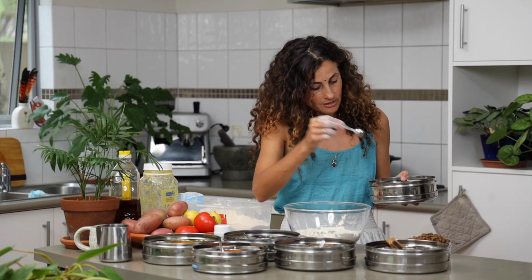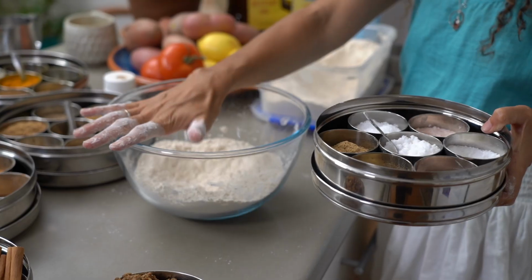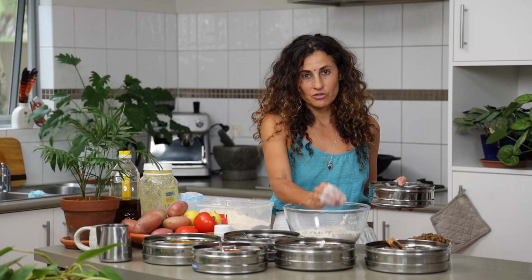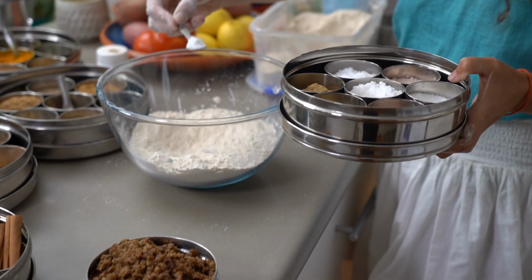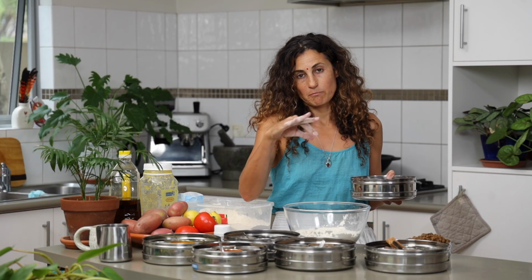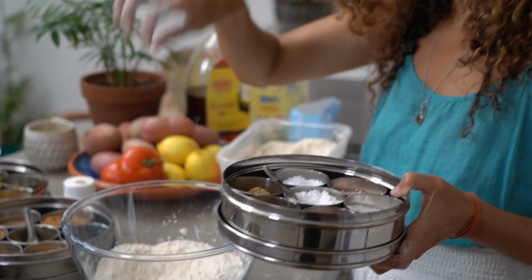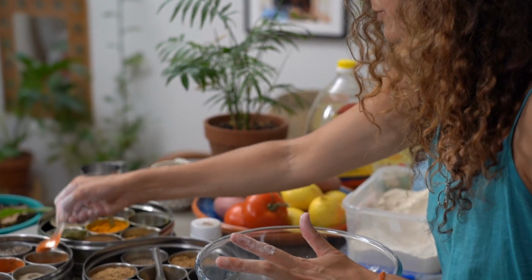We're going to use a few different salts. The keema is complete as it is. So the keema is the lamb mince that's spiced with a traditional Kashmiri masala. But I am going to add a little salt for the dough, because if I don't, the weight of the dough will actually muffle some of the masala in the meat. So I've got half a teaspoon of sea salt, half a teaspoon of pink salt, and a pinch of flaked salt. A little bit of chili, half a teaspoon,